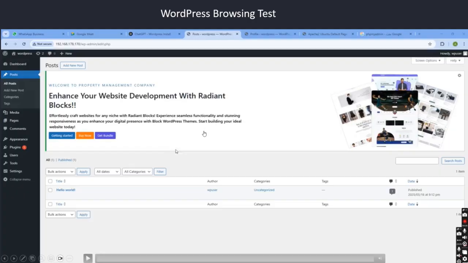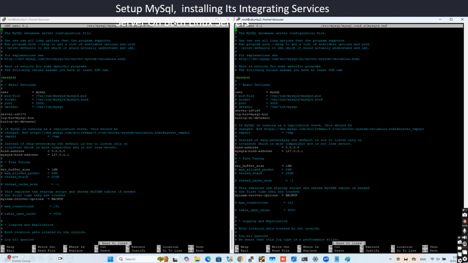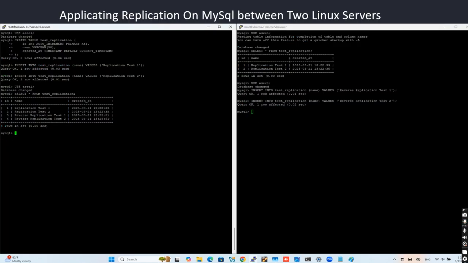After that, we have the WordPress browsing test. I created this page and looked for it by the IP address in the web browser. Also, here we have the setup of SQL and installing and integrating services in the Linux server. Here, after I applied the replication on MySQL between two Linux